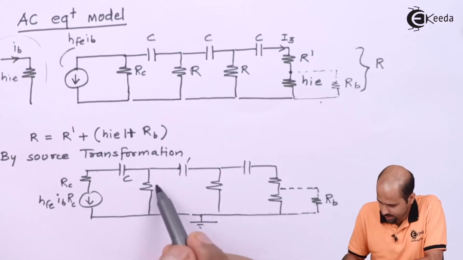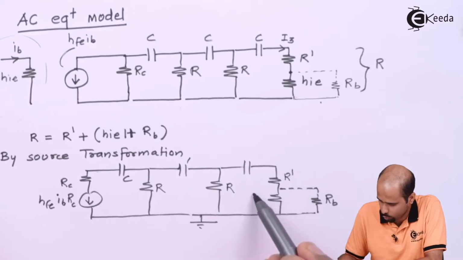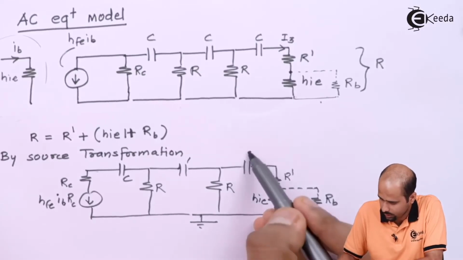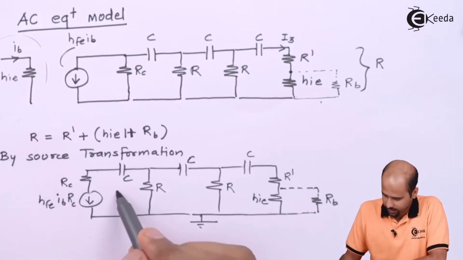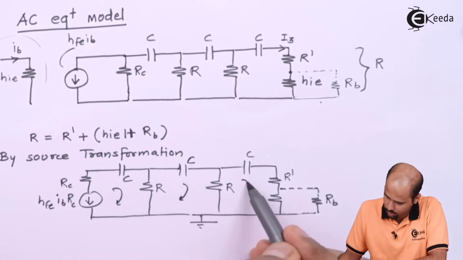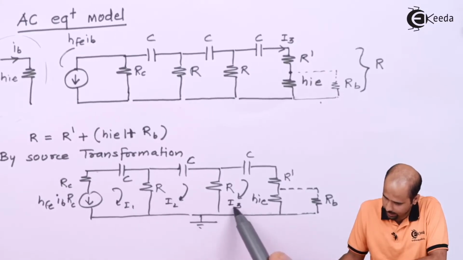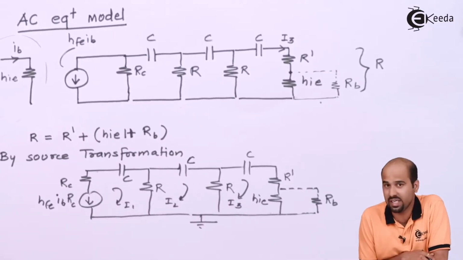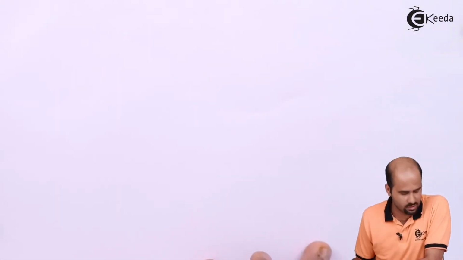Okay, so this is how our structure is, and this is how we have to move forward for the derivation. If we take 3 loops, I1, I2 and I3, I will get 3 equations. So we will apply the simple KCL over here. We will be getting